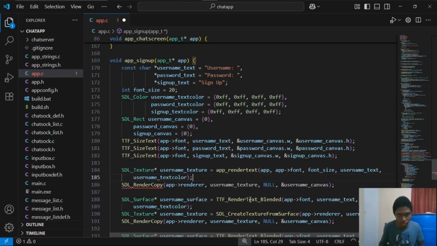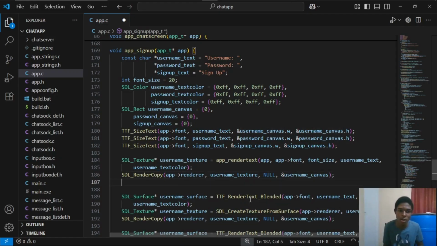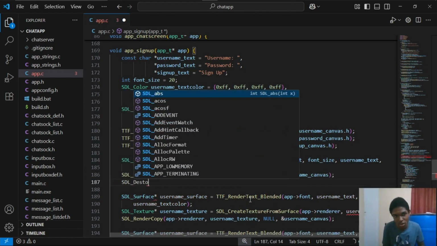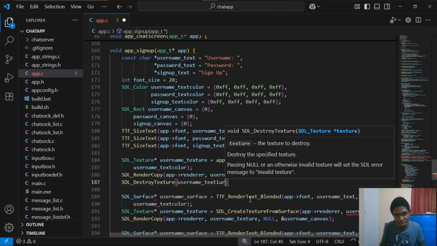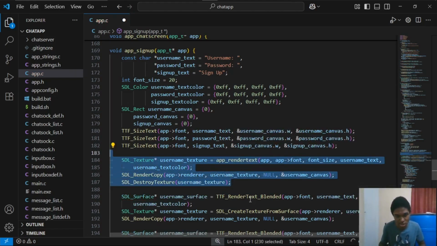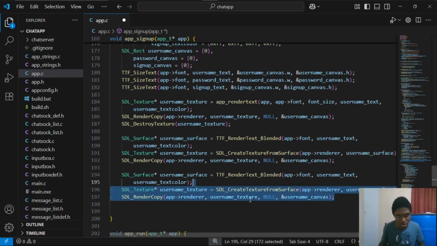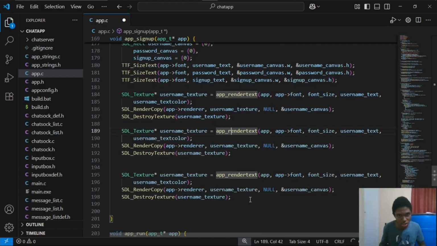So now we can just copy our username texture. Now after we copy it, guys, we have to remember to destroy that texture so we don't have any memory leaks. So we call SDL_DestroyTexture username texture. So now we can just duplicate this a bit. Let's just replace all of this, right? So duplicate that, and we can just replace this with our password